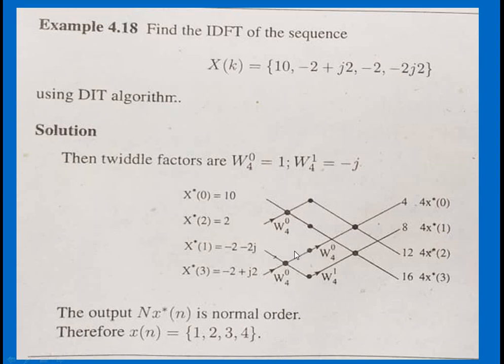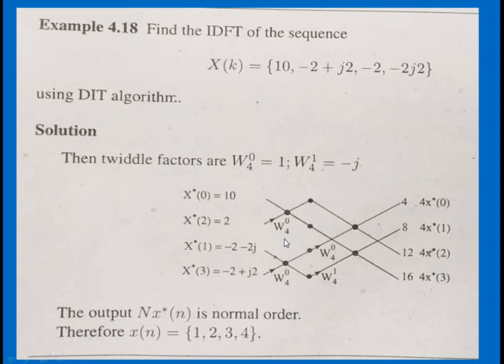Here we have only 2 stages, the starting and the finishing stage. We do not have any intermediate stages over here. We are just starting and arriving at the output. In previous cases we discussed 3 stages, but here it's not so. That is very important for writing the twiddle factor values, especially the index.